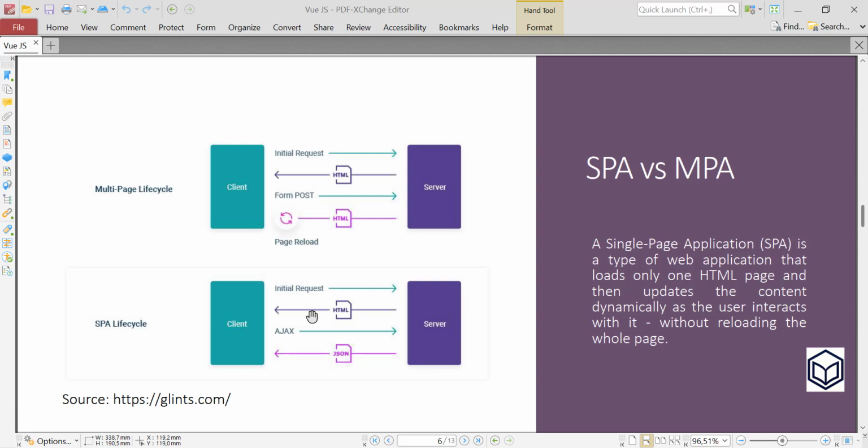That's why our application works without reloading and just reloads certain components. That's why we call it SPA.